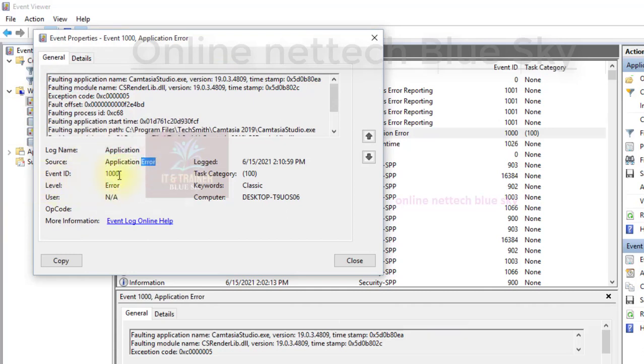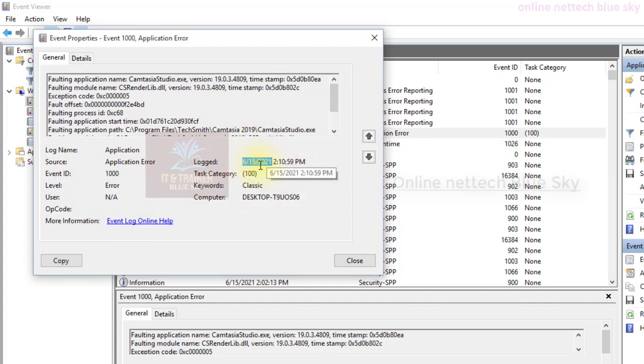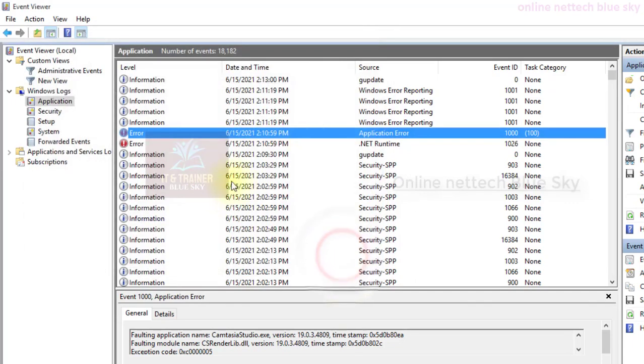Okay, and Event ID 1000, error is shown here, category and level error. Logged time means the time of that failure. So you can see 6/15/2021 and 2:10:59 p.m. Okay, you can see it here. So this is showing the error related to these applications.